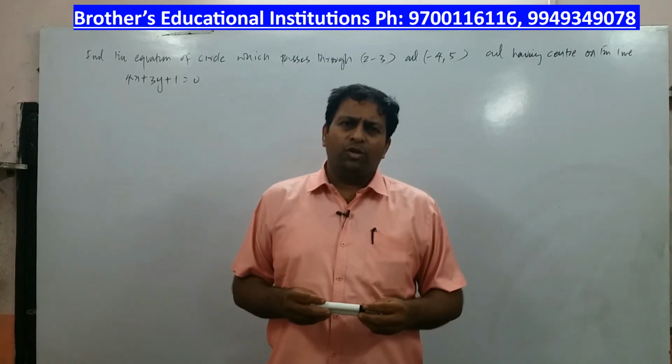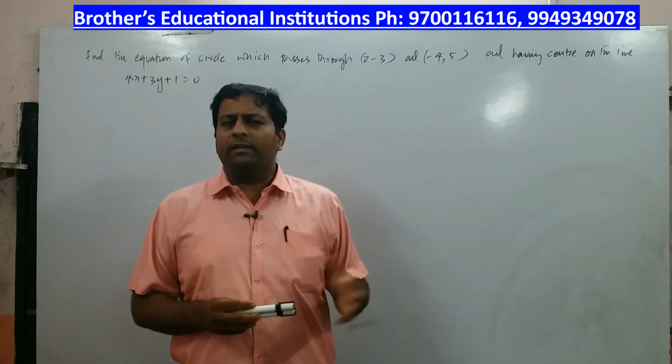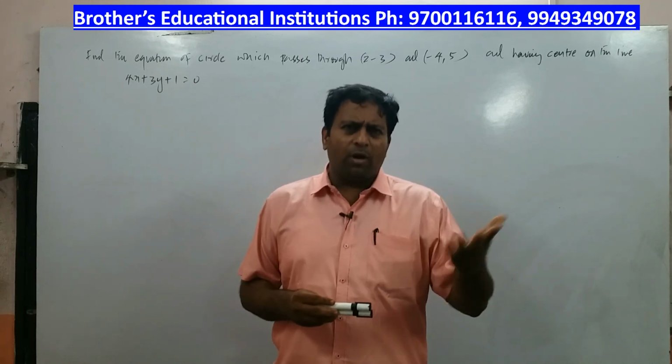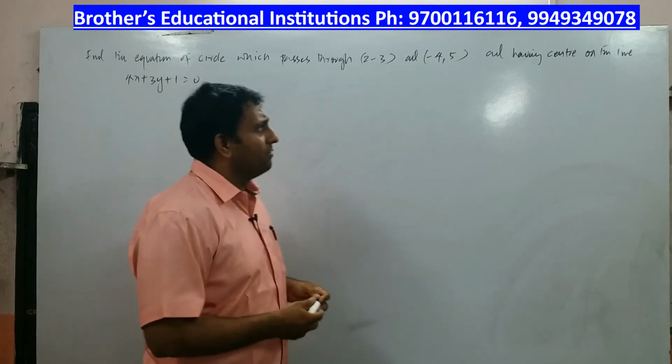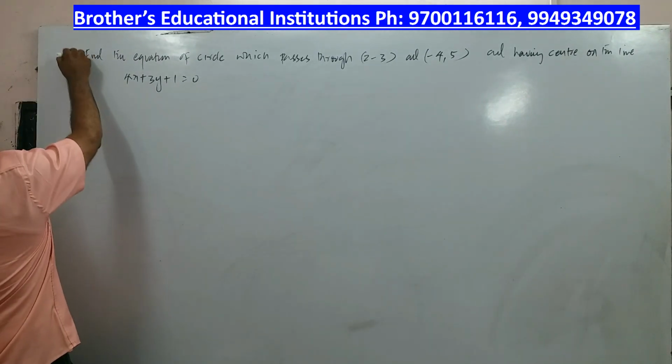Children, I am sure you must have gone through those two questions which we dealt with yesterday, where we had to find the equation of a circle. Well, that is when the points are given. Now there is a small variety which I have brought in. Again, it is a 7 marks essay type question. The question is right in front of you.